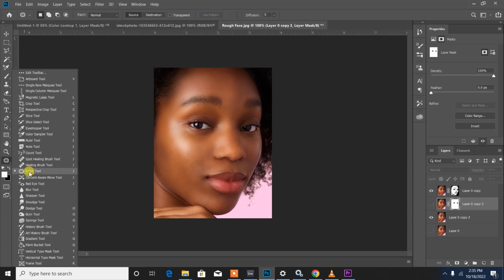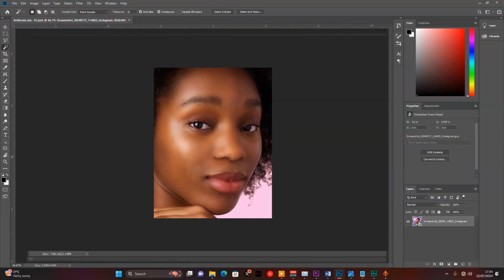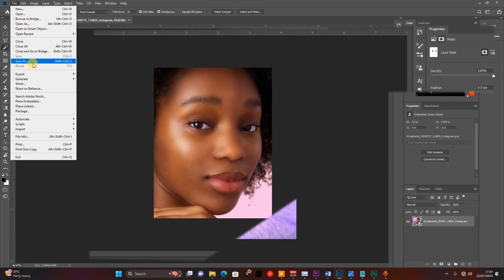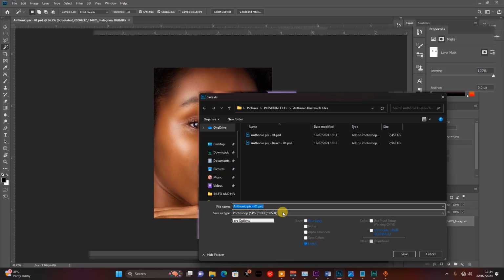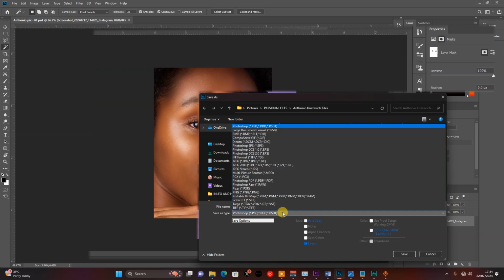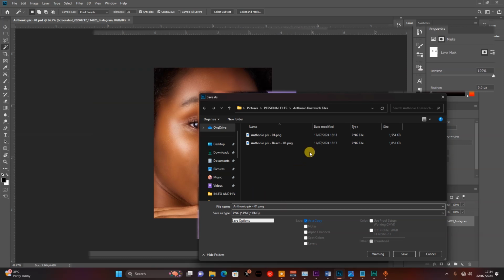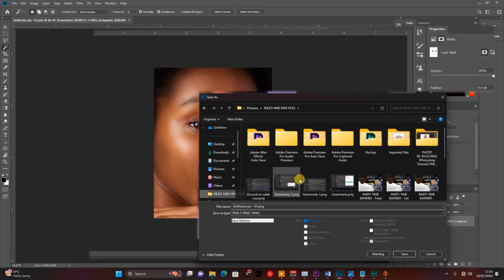And remember, when you are through with your design, you go to your file menu, then you come to save as, then you go down, come down straight to your Photoshop, select either PNG or JPEG, but for now I'm going to use PNG. I choose the PNG, put in the name, go to your folder, any folder you feel like. If I want to save it in the in-your and the high files, I just come down and I save it,